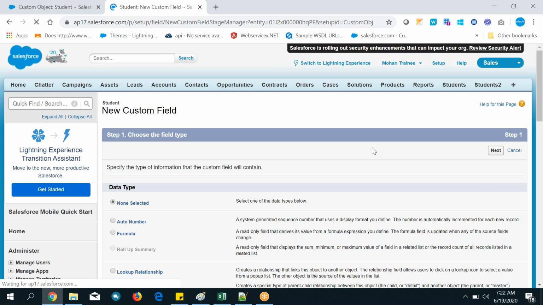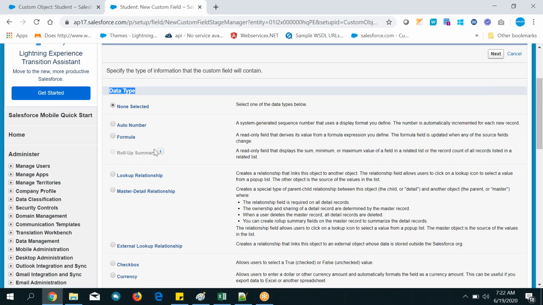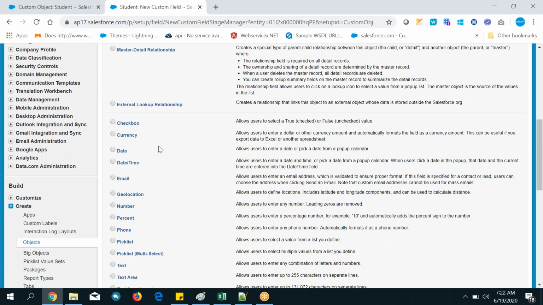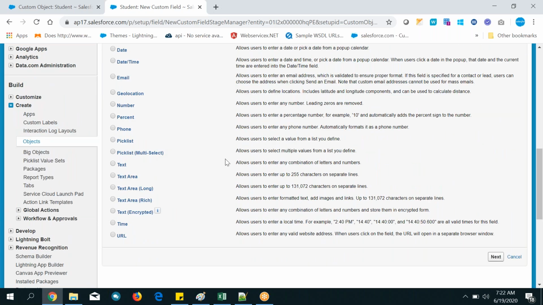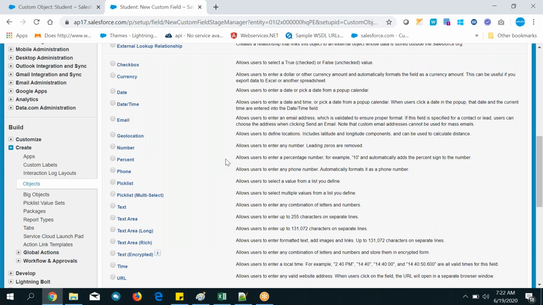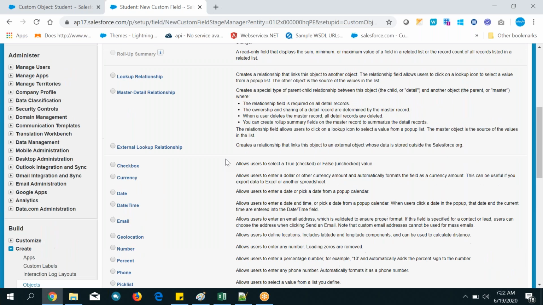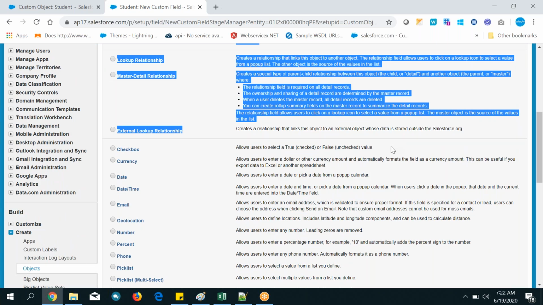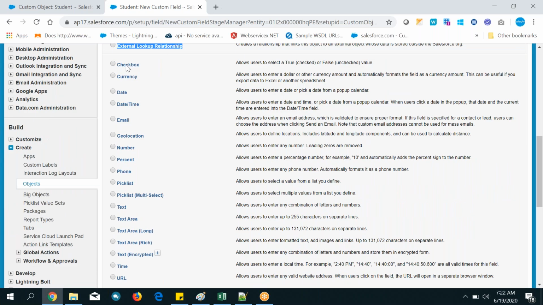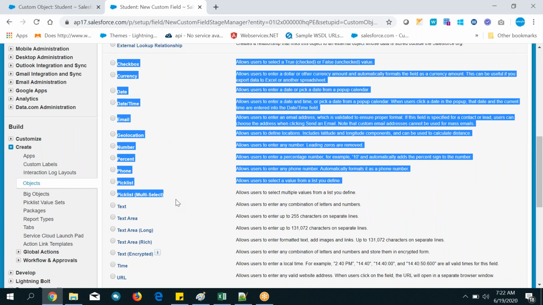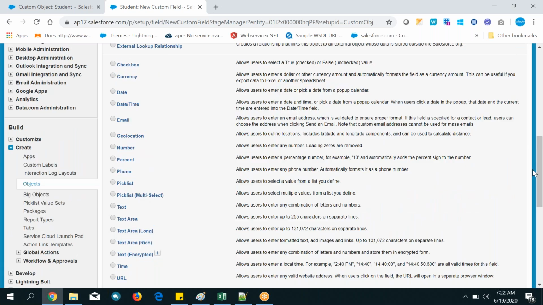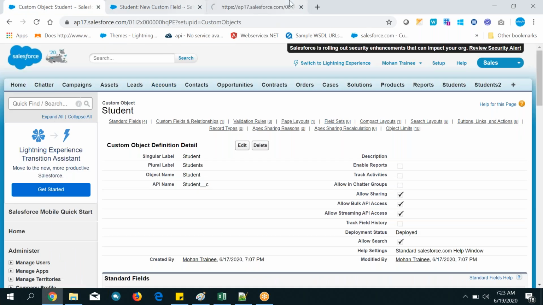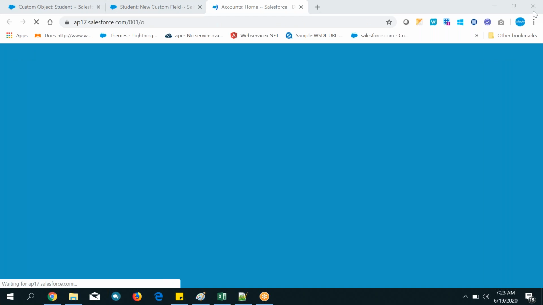Now this is data type and you need to know what this is. Yesterday I told, right, blindly just select text and create it. But now I am going to explain what these data types are. For the time being, you can leave these sections under this horizontal row. Below it the data types are there, we will see these data types, what is what. So let me open any of the objects. Let me show you.